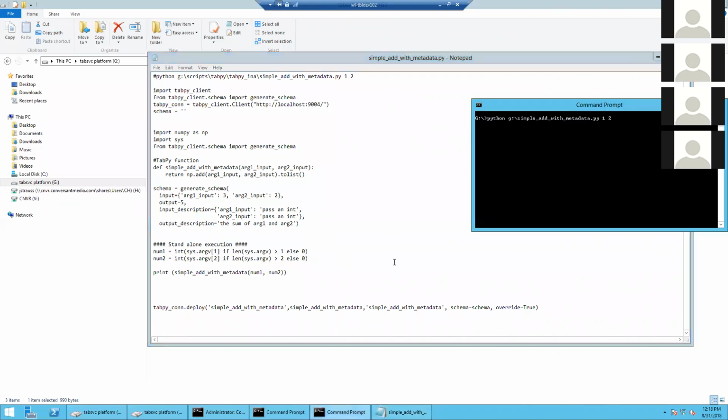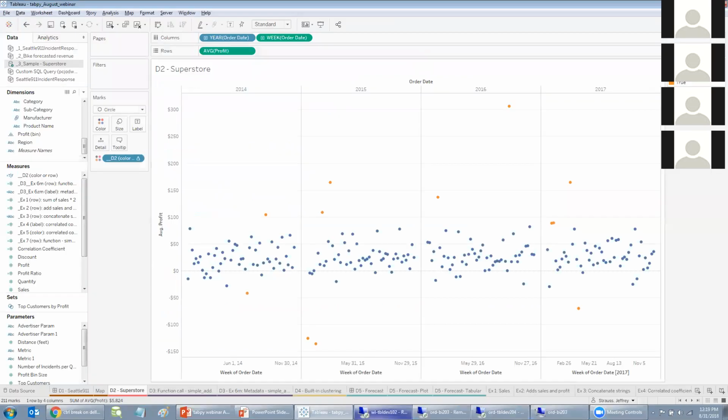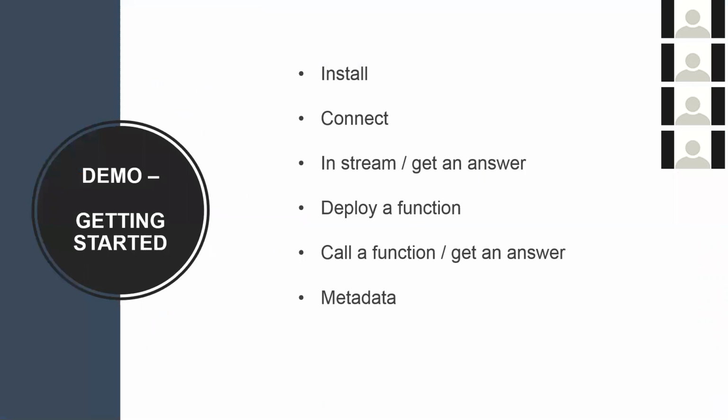So what happens is, this Python function could be run standalone, like I'm passing in 2 parameters to add them together. It's quite a simple function of adding 1 and 2, and then we get back the result of 3. But then behind the scenes it's also doing this tab connect deploy, and it's deploying a function out there called simple add with metadata. So if we come back here to our workbook,